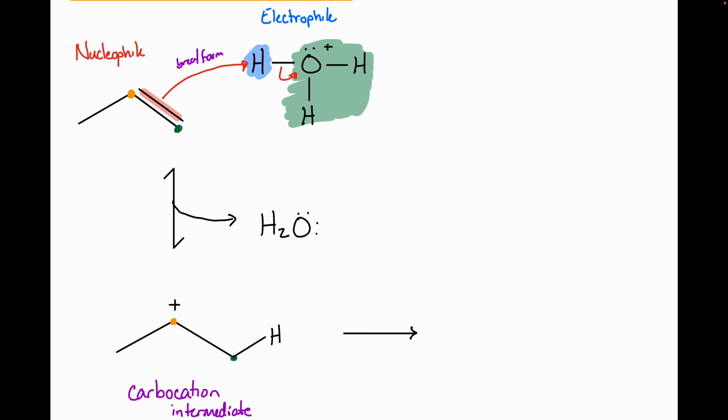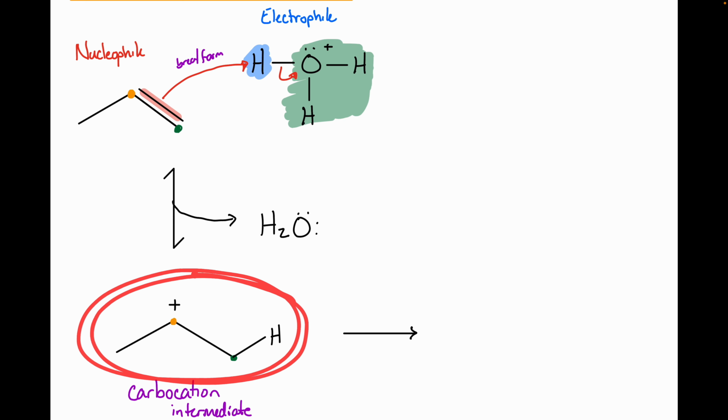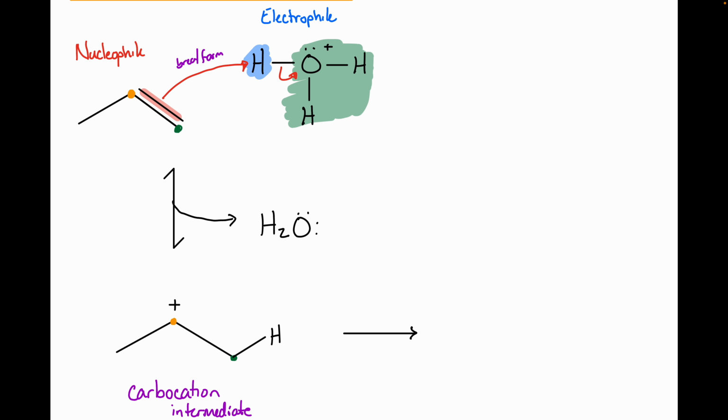All right, what's our nucleophile? The water. And what gives it away? Those lone pairs, right? Nucleophiles always have lone pairs. We also can just convince ourselves that this is definitely not a nucleophile because it's got a positive charge on it, right? Carbocations are great electrophiles. They can accept pairs of electrons because they themselves have an incomplete octet. All right, so this is the only sort of step here, including this bond formation arrow,